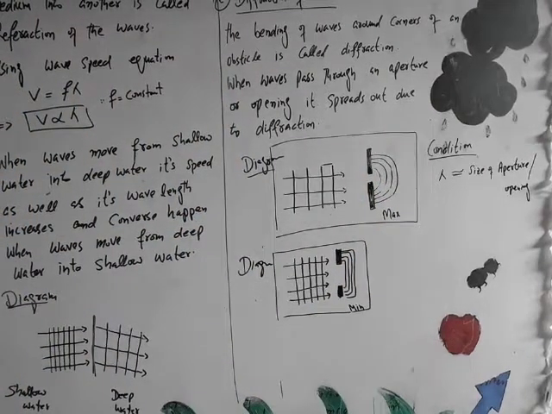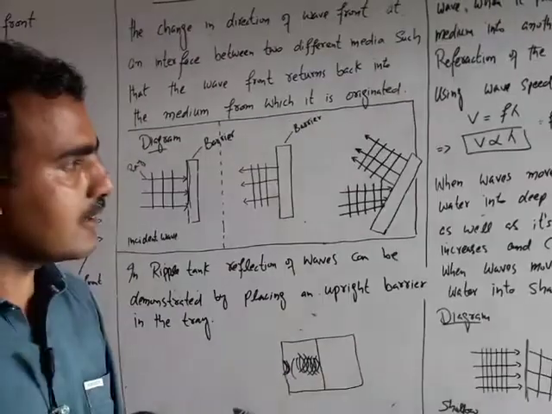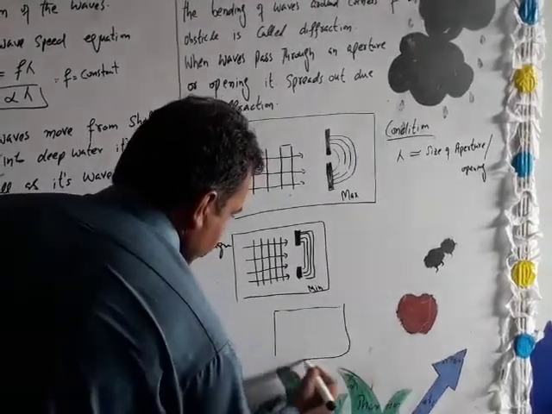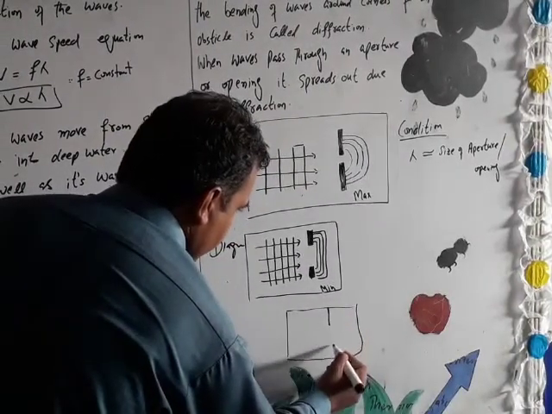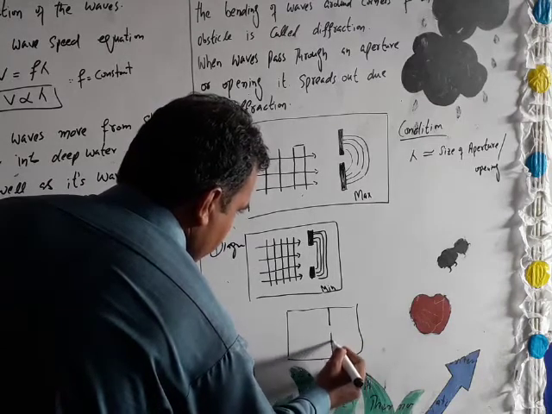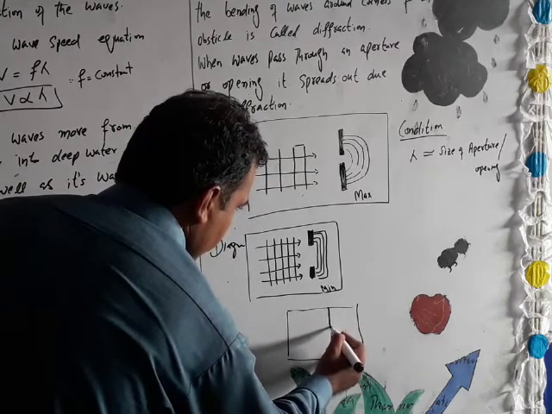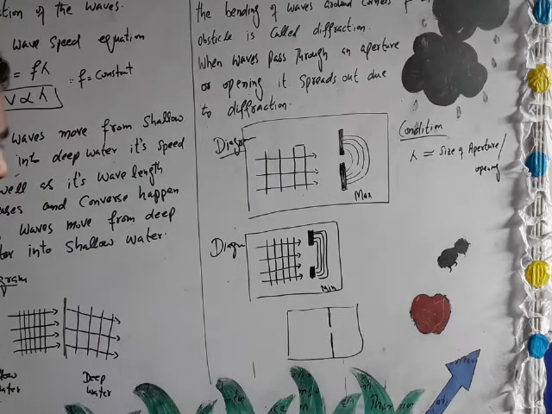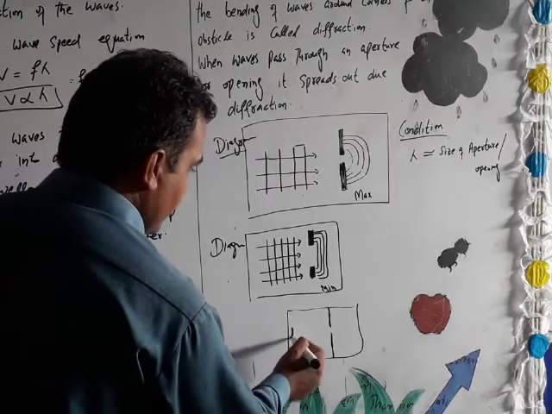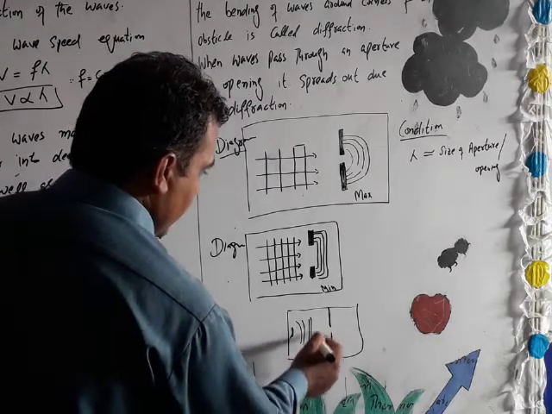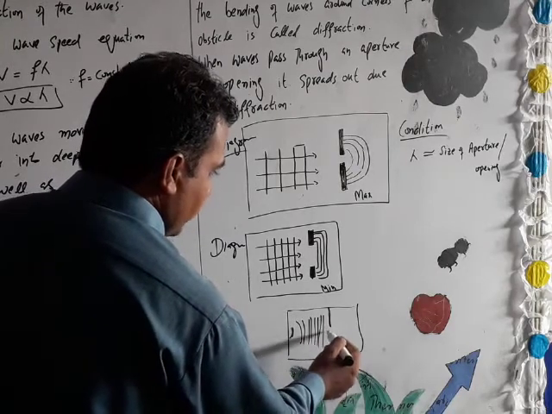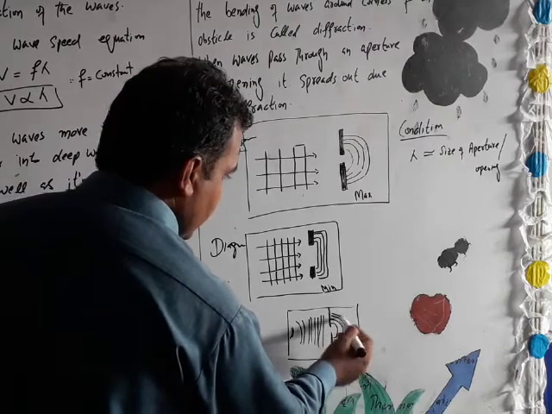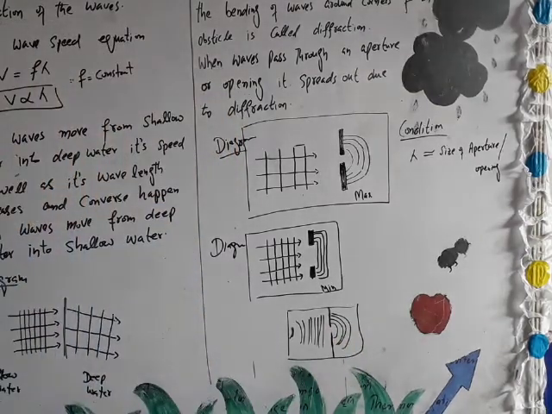Now how can we produce diffraction in a ripple tank? For that purpose, we will place two obstacles at a certain distance from the electric motor and vibrator, having a small opening between them, and we will try to make this opening equal to the wavelength of the incoming waves. Then when the vibrator starts vibration, producing disturbance and ripples form on the water surface, then after passing this opening or aperture, they will convert into this circular form, and we will say that diffraction has been observed in the ripple tank.